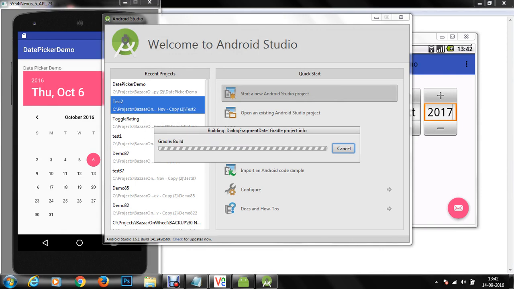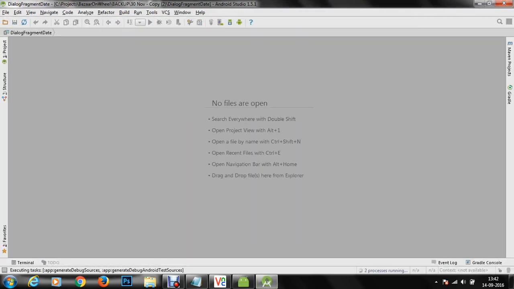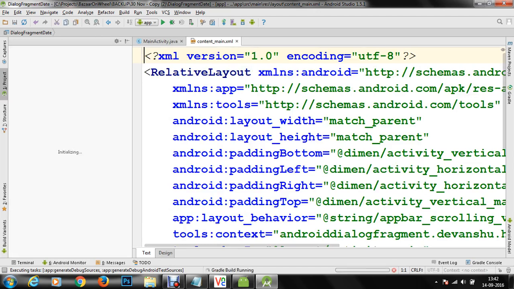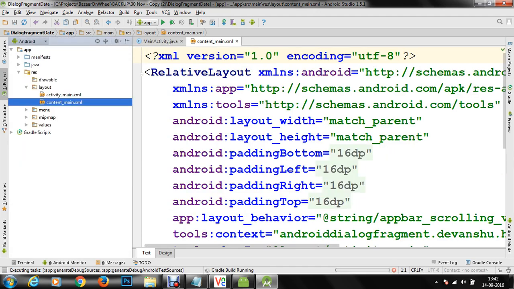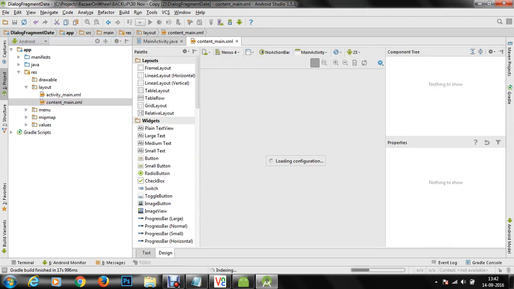In order to create a dialog fragment, the dialog fragment lifecycle needs you to create and override an onCreateDialog method, and then you have to use an onDateChangeListener and override the method onDateChanged. So let's quickly go to our content view in the design section.